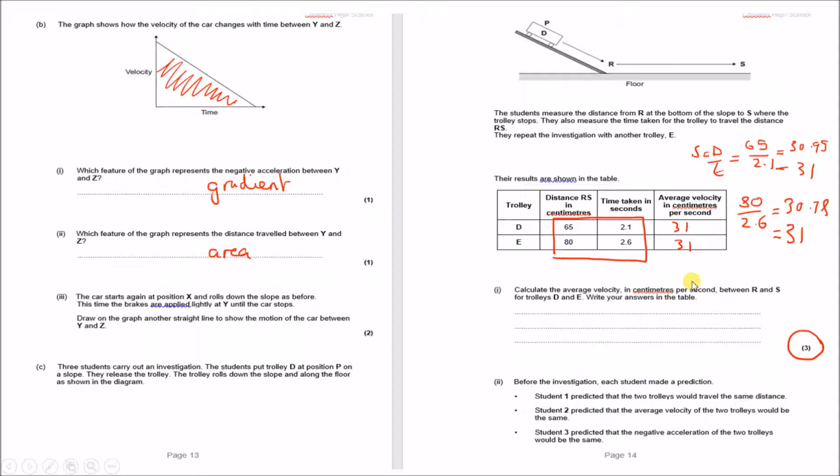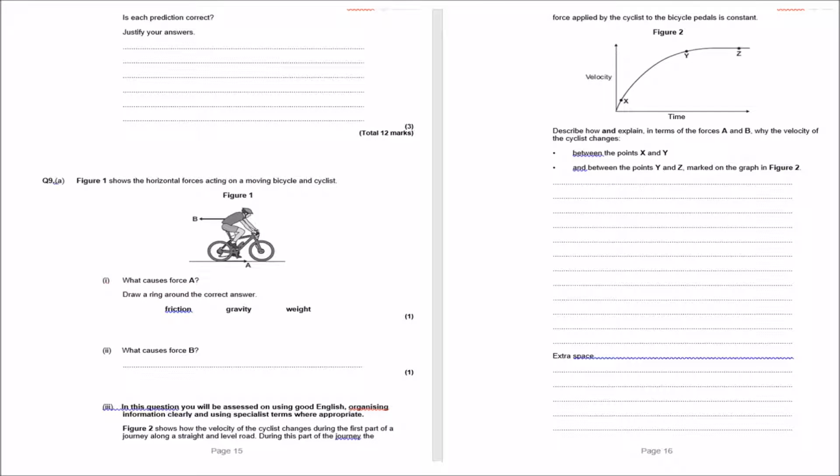Right, the next question, it says student 1 predicted that the trolleys would travel the same distance. Student 2 predicted that the average velocity of the 2 trolleys would be the same, and student 3 predicted that the negative acceleration of the 2 trolleys would be the same. Is each prediction correct? Justify your answers. Okay, so